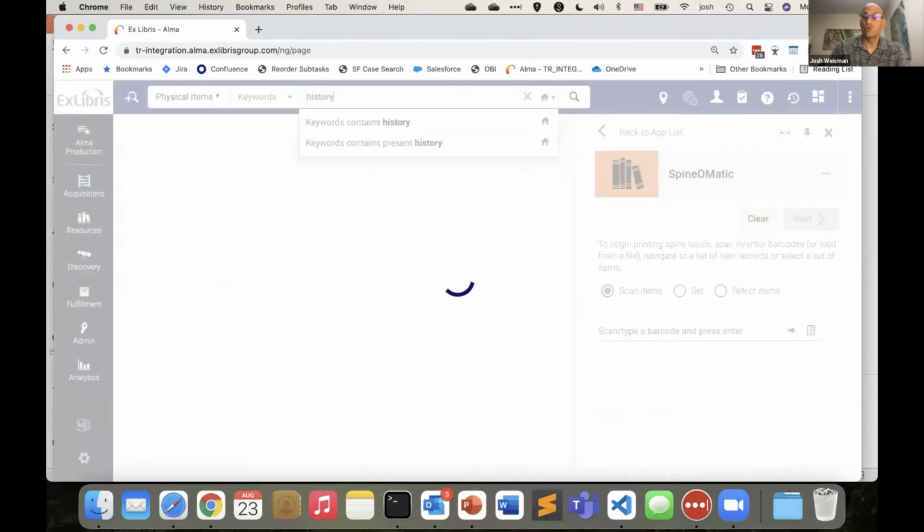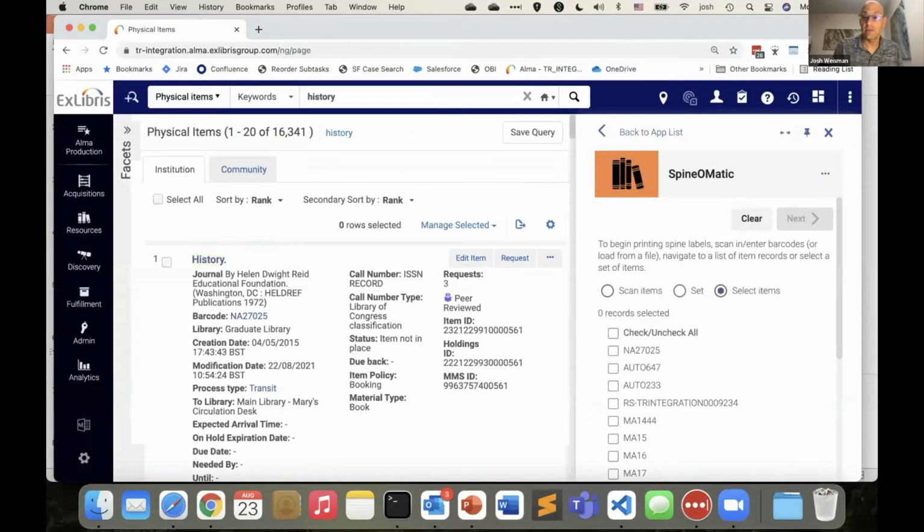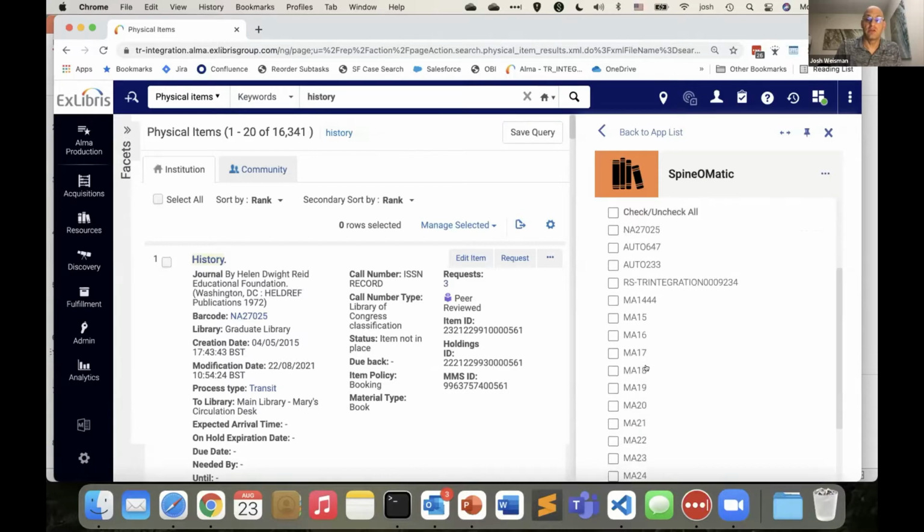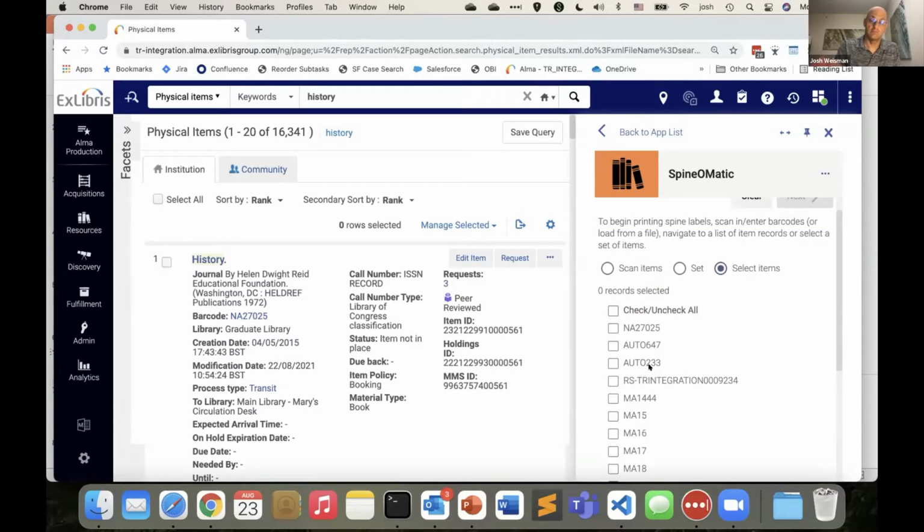So many of you are familiar with the Spinomatic client application, which has been around since the beginning of Alma and was written at Boston College. This is the next generation of Spinomatic, a cloud app version, which doesn't have all the features of the app that's been written for a decade or more, but it does have a bunch of features. As soon as I brought up my list of physical items, the app responded, and I can go ahead and select items that are being displayed within Alma. So, very, very brief, high level.